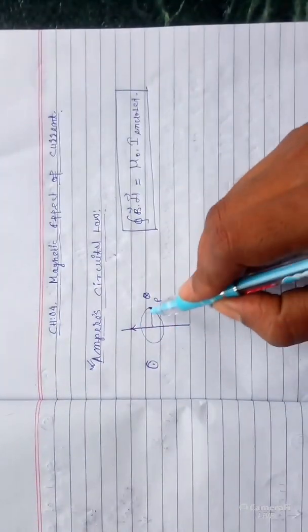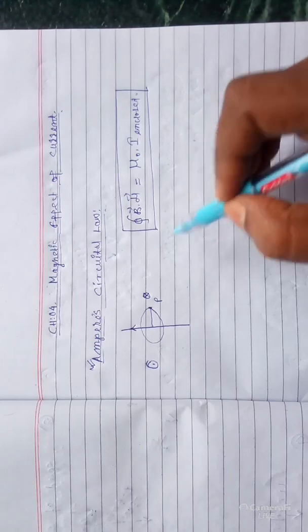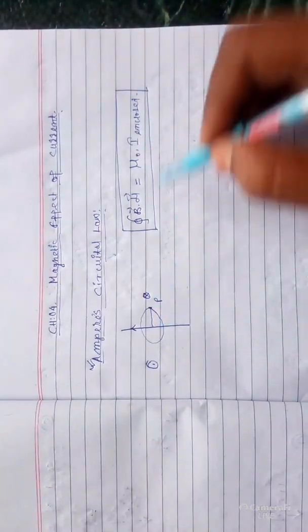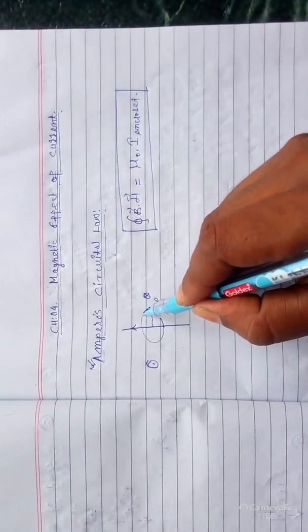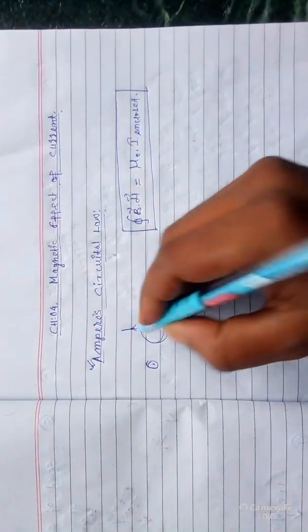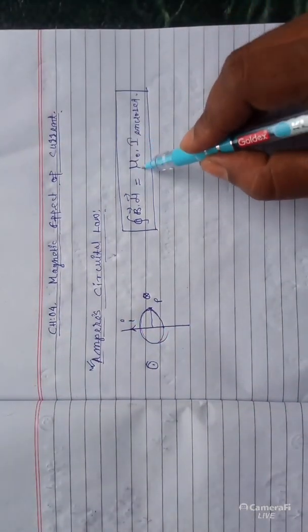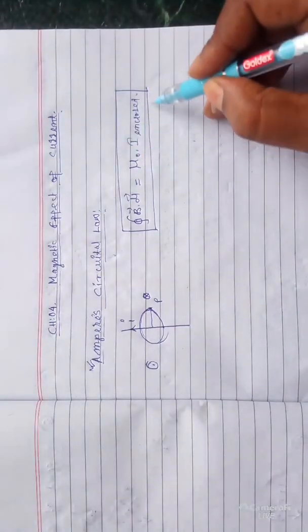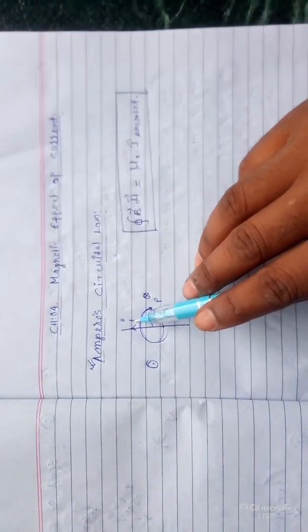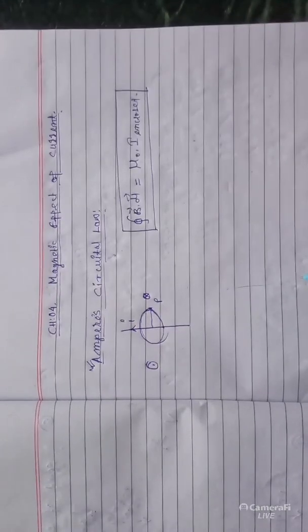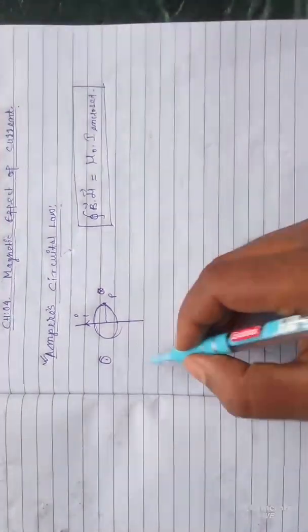What will be the value in this case? We will discuss it later also. Here this is the closed path, and this closed path will include the total current. So B dot dl is equal to mu naught I enclosed. In place of I enclosed, you have to write I. Clear? So now, the application of Ampere's circuital law. Give the heading: application.